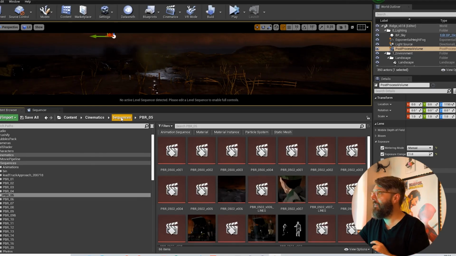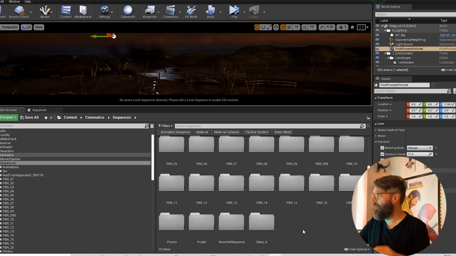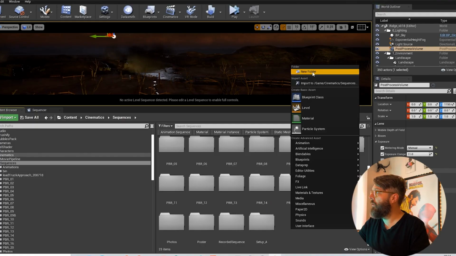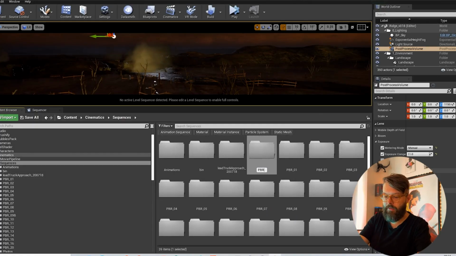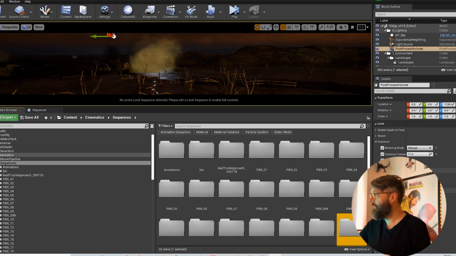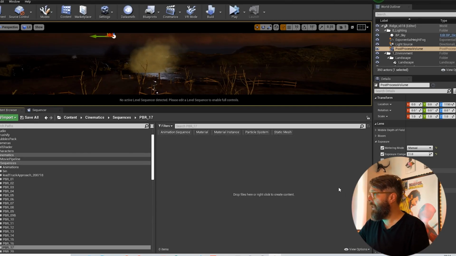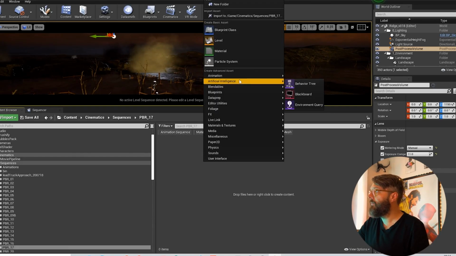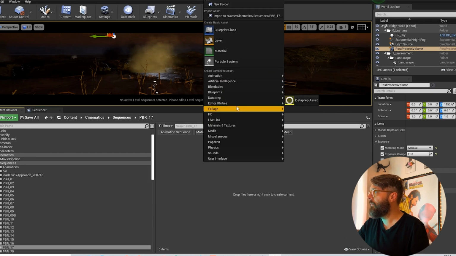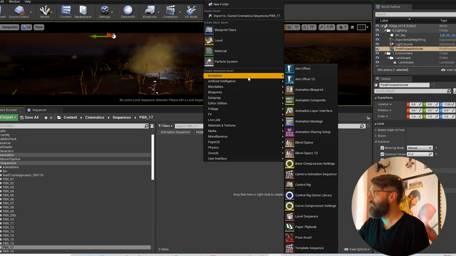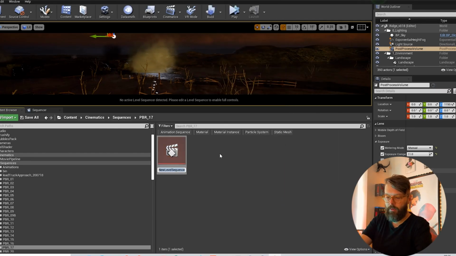If I were to do this again, if we were to make a new one of these, I'd go new folder. Let's say I was making a sequence 17, right? So we go PBR 17, that's all fine, start scene 17. And then in here, for each of these, I would go level sequence. I would go PBR